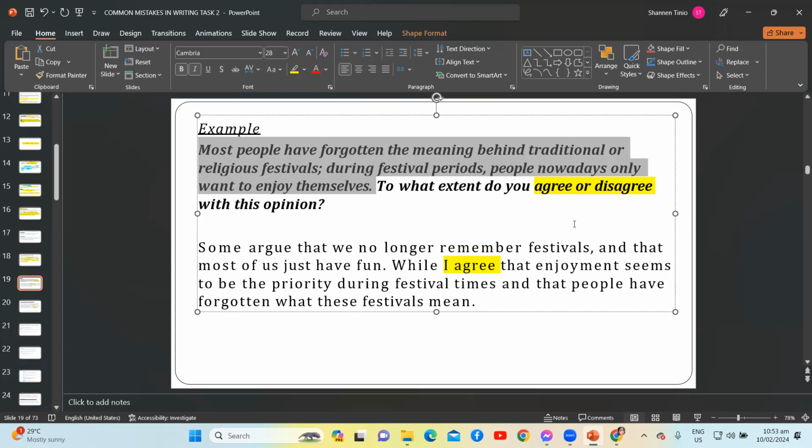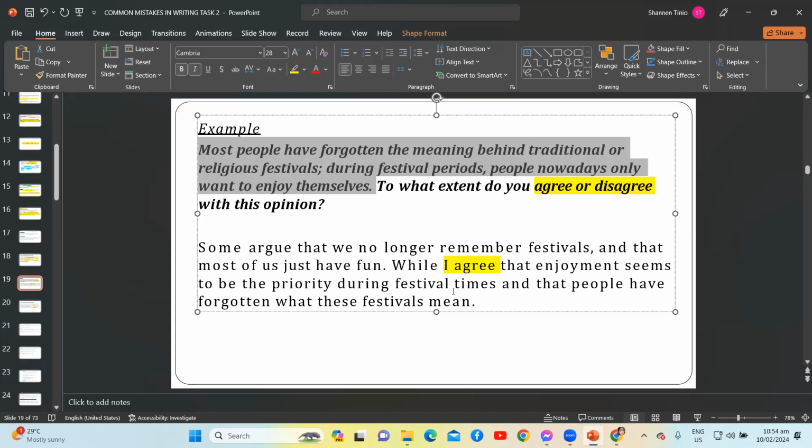I disagree because I do have relatives who are still practicing those traditional methods of celebrating a festival, a traditional festival. Ayun, nagbigay ka ng example. May mga relatives ka kamo na nagse-celebrate pa rin ng religious festivals at sumusunod pa rin sa kung paano yung method ng